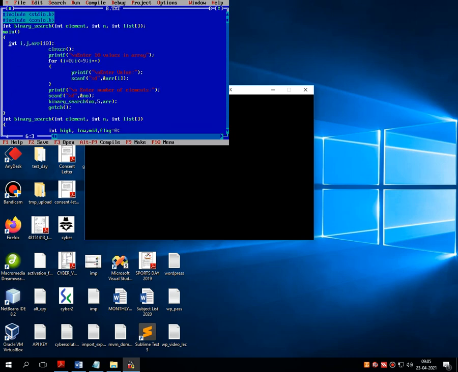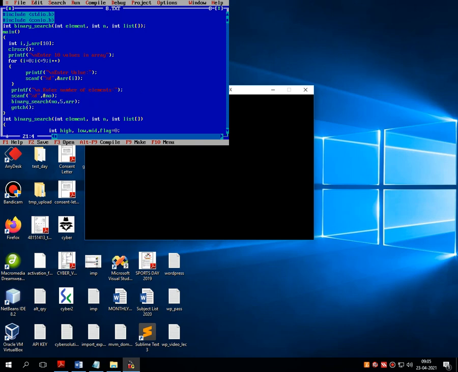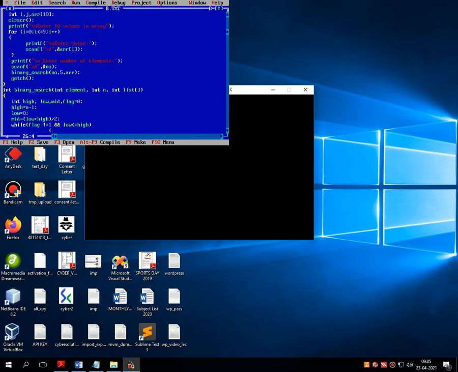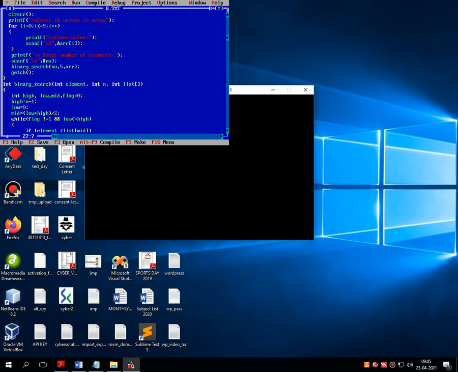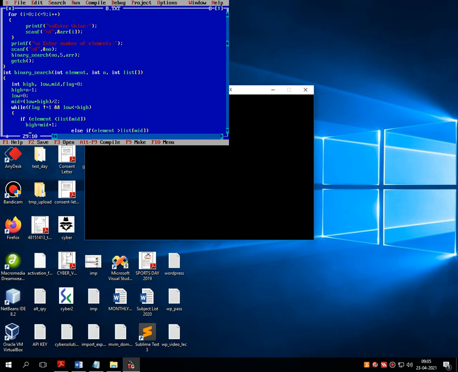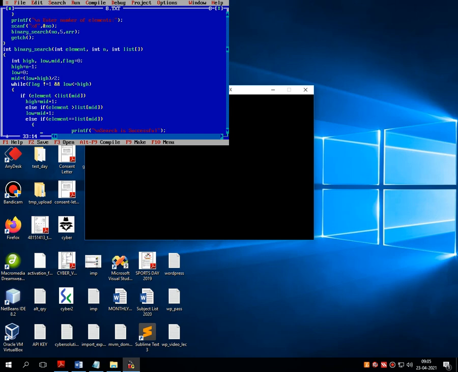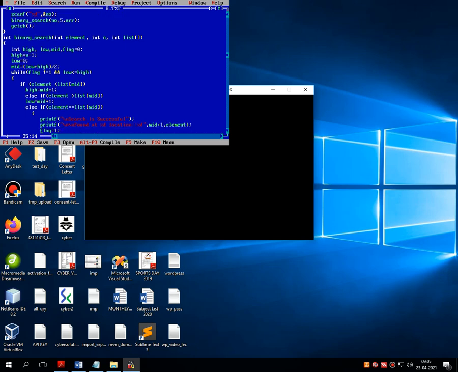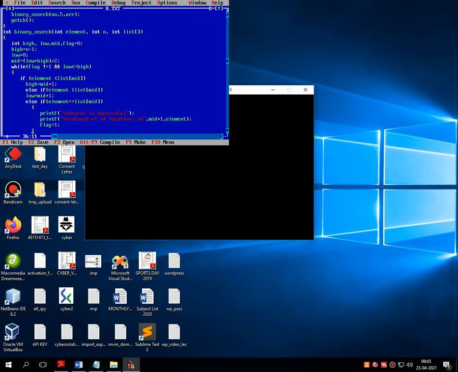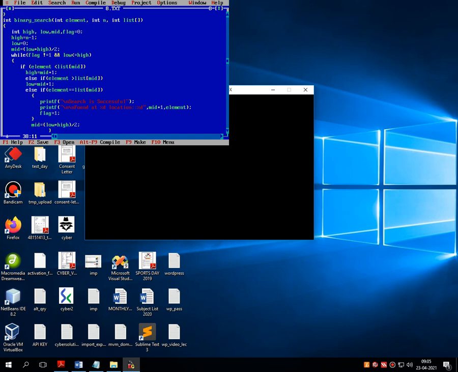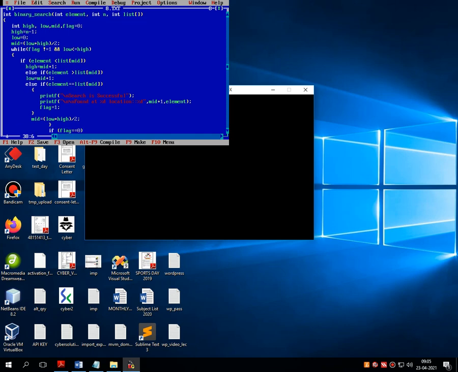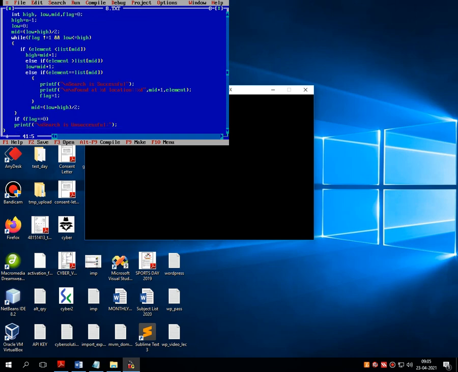This was the code of binary search. Fine.